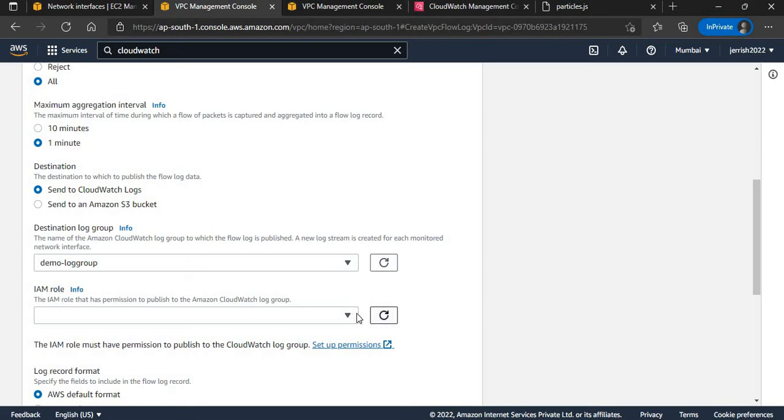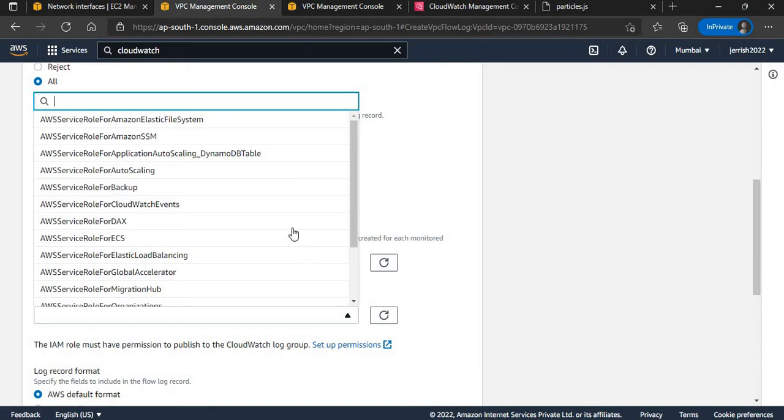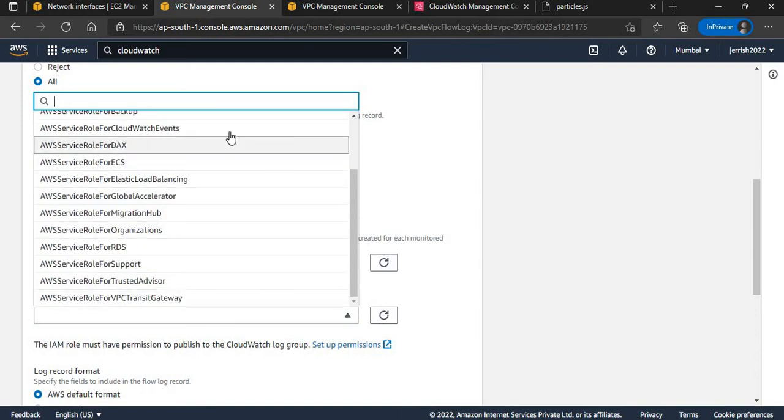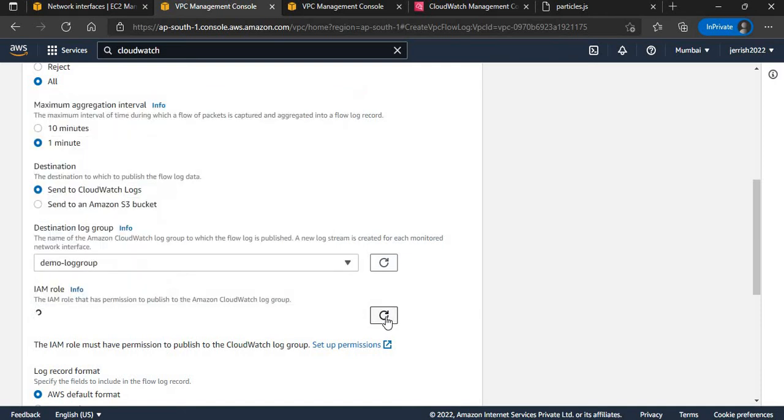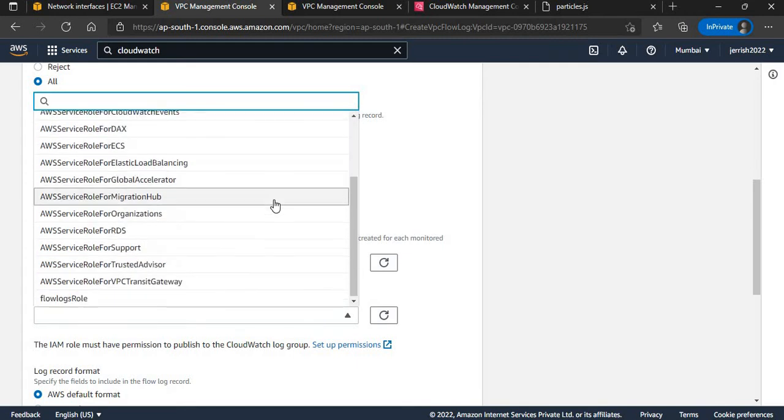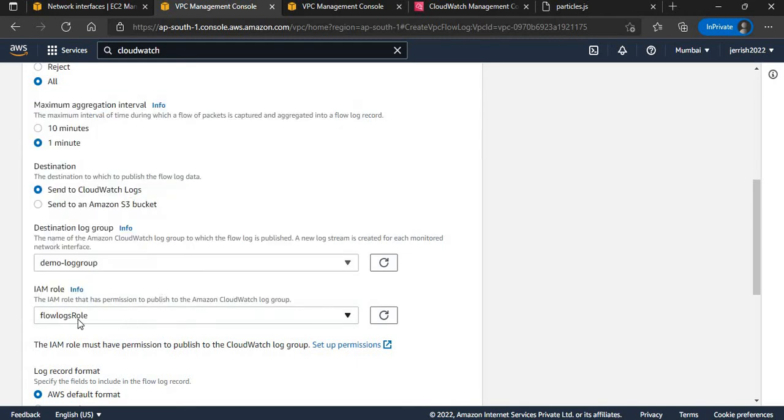Earlier, if we looked into this list of roles, there was no role with the name flow logs role, but now if I refresh, there will be a role called flow logs role. Now we can select this. By selecting this role, this flow log will have appropriate permission to publish its logs to the CloudWatch log group,